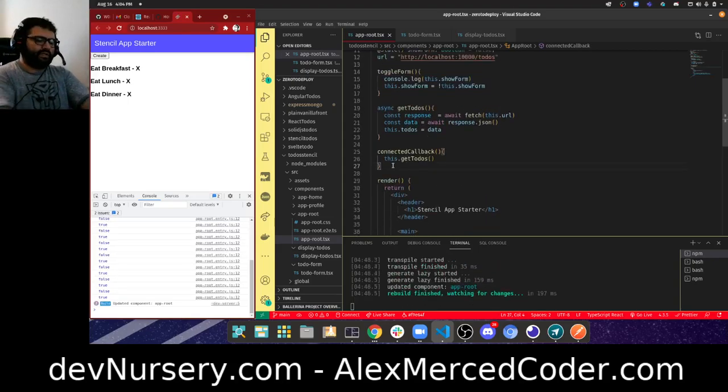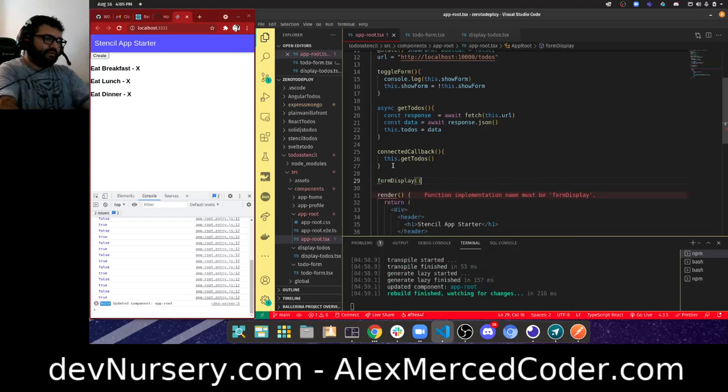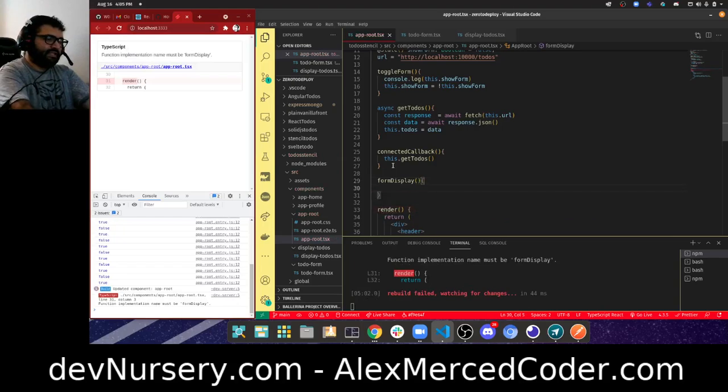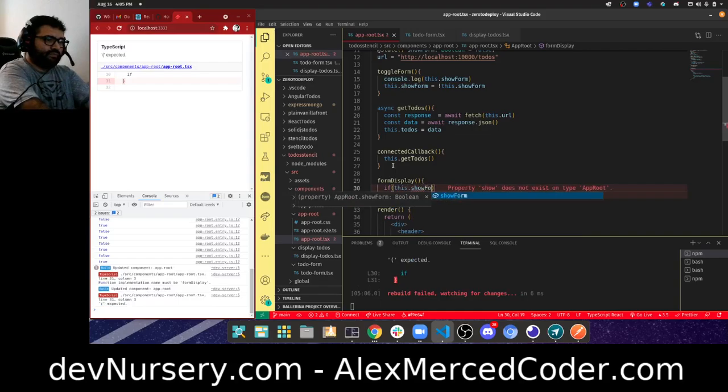So what I'm going to do here, I'll just maybe wrap it in a function. So say showFormDisplay, and all this function is going to do is return some JSX. So if this.showForm